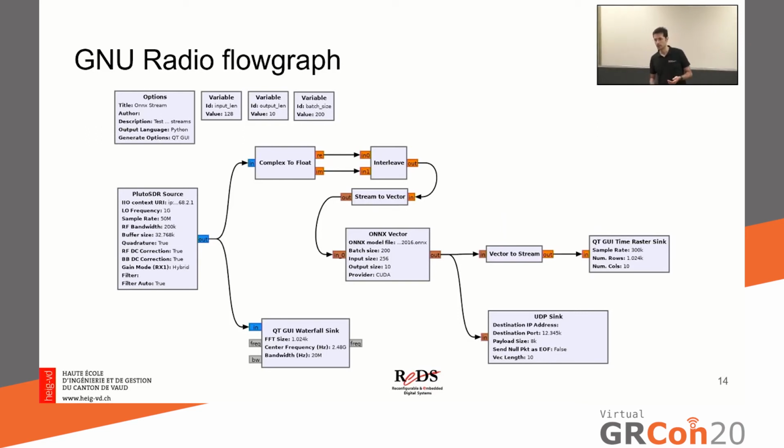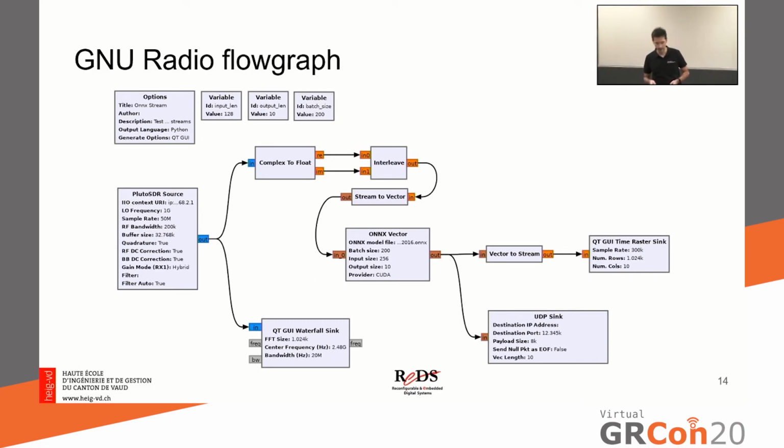And this is the flow graph of our experimental setup. Here we are using a Pluto board as an SDR source, and then we take the output of the SDR, which is a stream of IQ values, and we represent it in a waterfall sink, so we can see the data that we have and the data that we are going to feed to our model. Then we also take that output of the SDR device, and we transform it in order to adapt it to the input of the model.